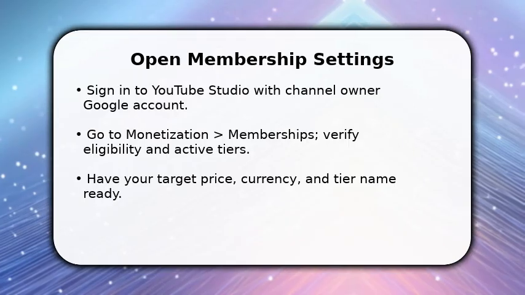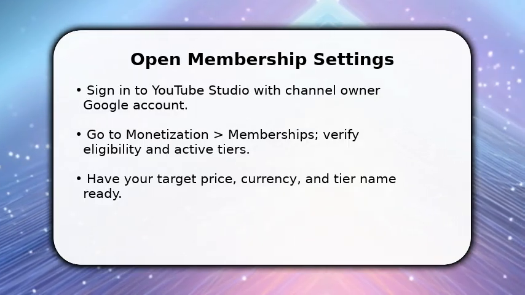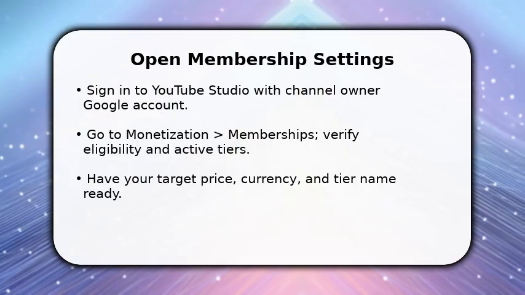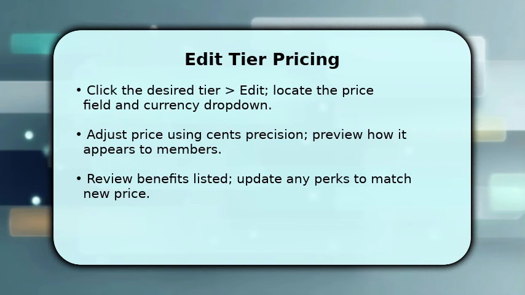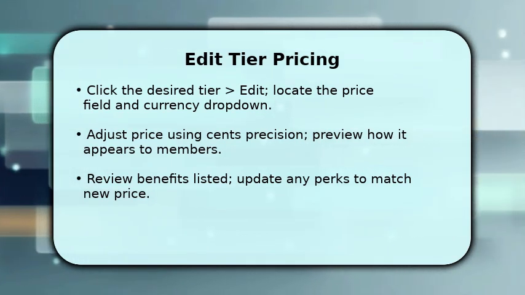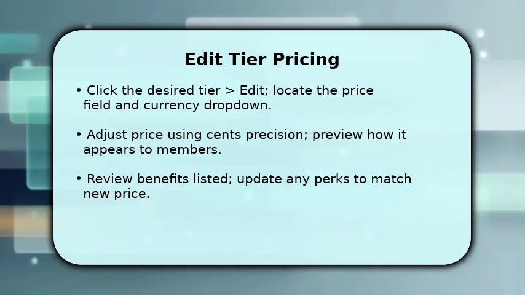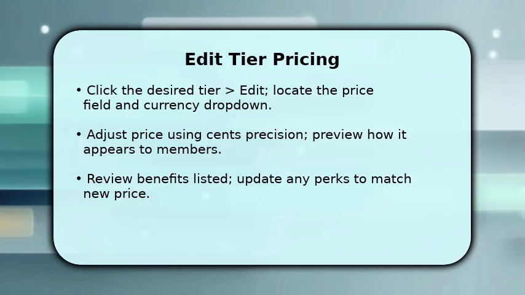This saves time. Once done, select the tier you want to edit so you can access the price controls without extra clicks or waiting. Now you'll edit the specific tier. Click Edit on that membership and find the price field and currency selector. Change the numeric value precisely, including cents if needed, and then preview how the new price shows to potential and